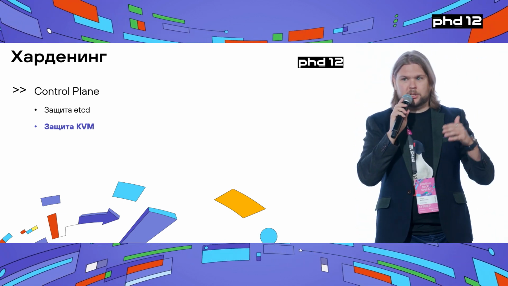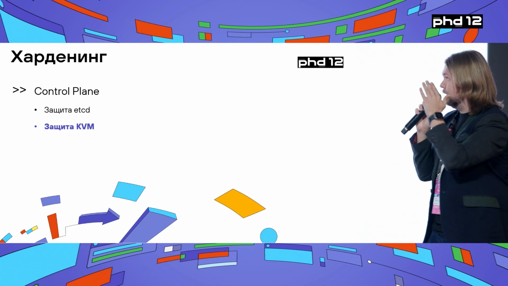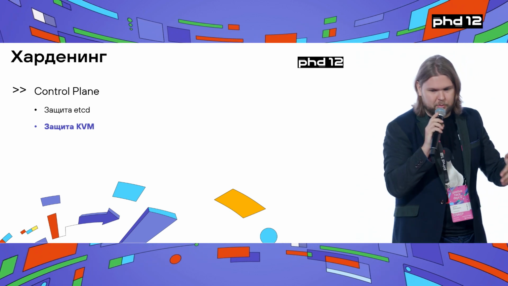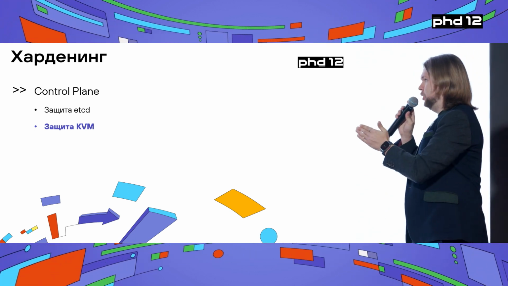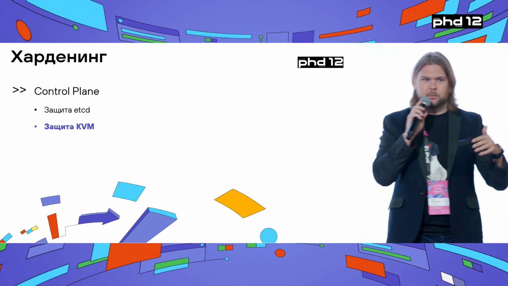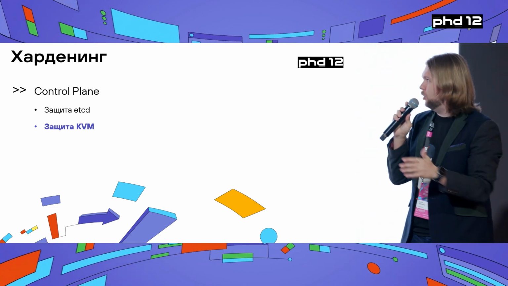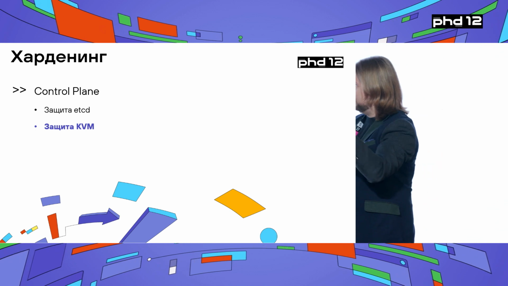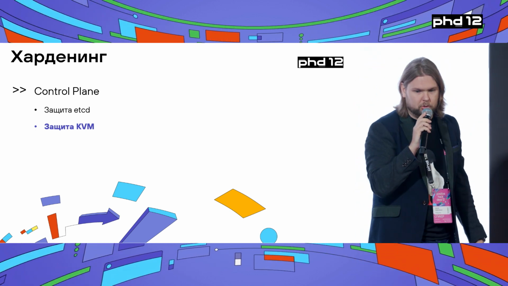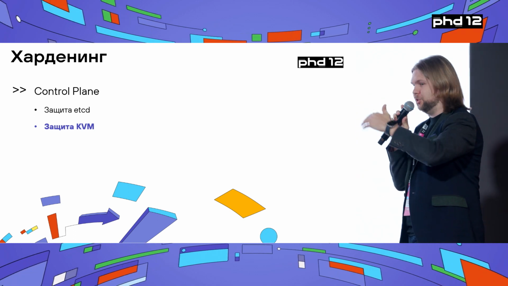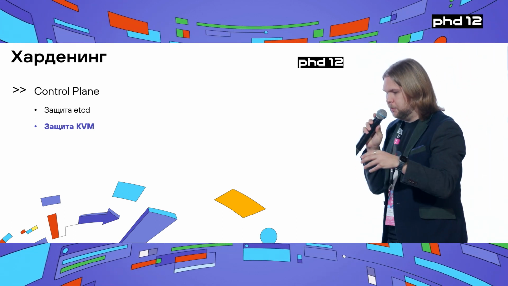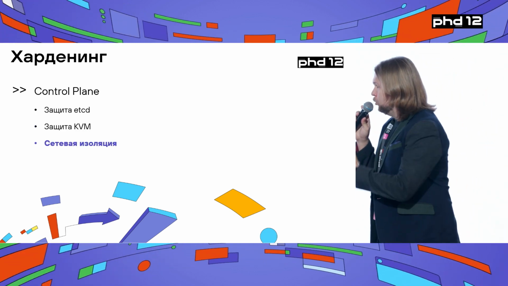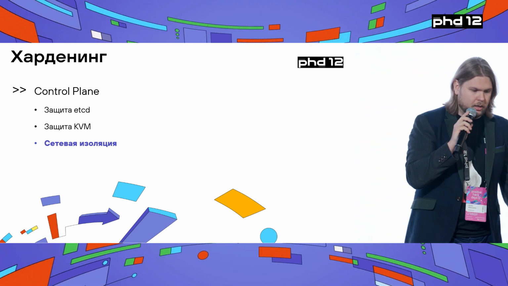And the next thing is the protection of KVM. If you have hardened etcd well, but in your infrastructure the servers supporting Teleport can be accessed through the management interfaces, pen tests often show us that the password for KVM is admin or admin123. Then it means that the threat actor can get access to the private key. So where you deploy the control plane of Teleport, you should protect that server. Network isolation.